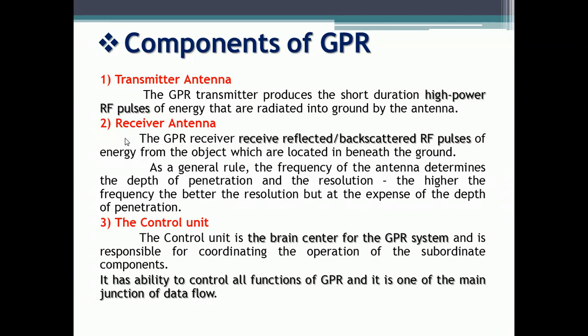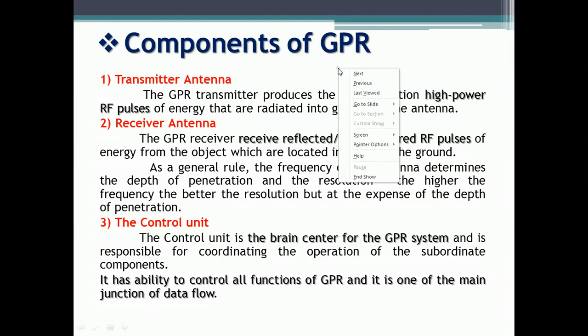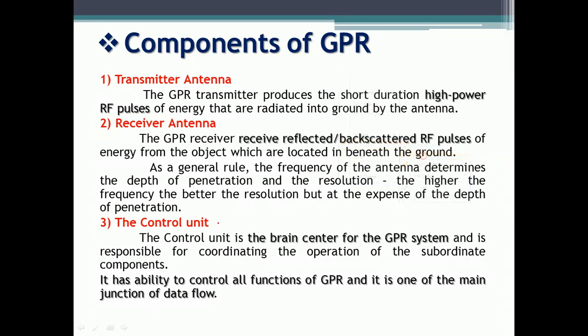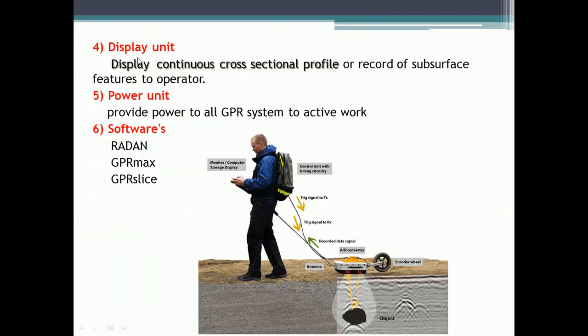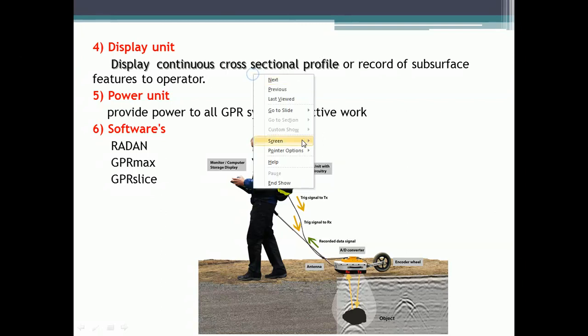So one is the transmitter and receiver antenna, and then the controlling unit. As I told, the entire GPR system is controlled by this controlling unit itself, and it is called the brain center of the GPR system, because it has the ability to control all the functions of GPR. And as I told, there is the display unit, which shows the cross section of the